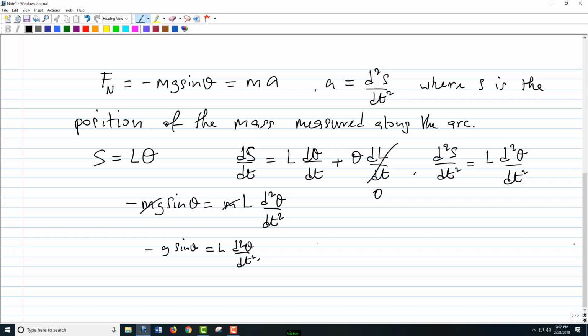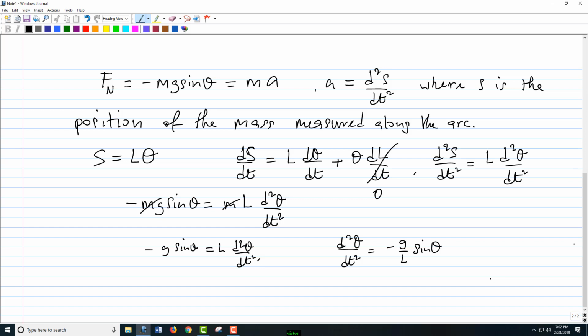Let's rewrite this in a different way. Let's bring the d squared theta dt squared to the left, so we can write d squared theta dt squared equal to minus g over L sine theta. The reason I want to write it this way is so that I can compare it to